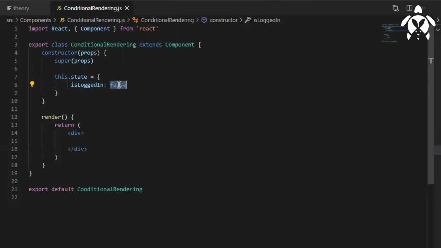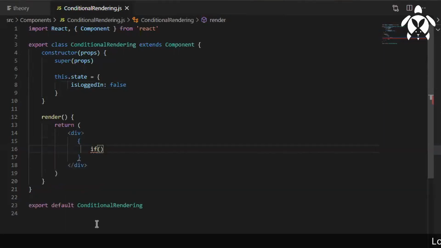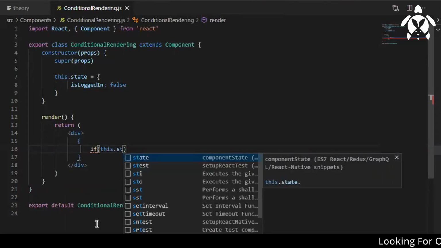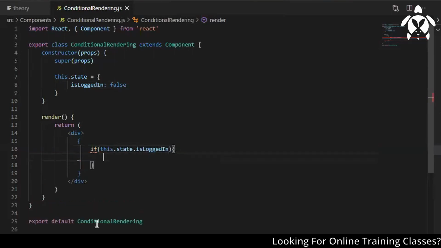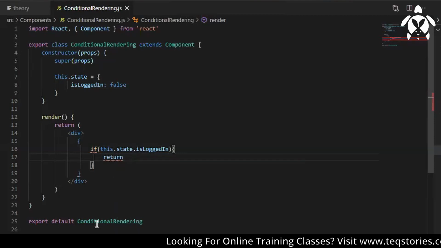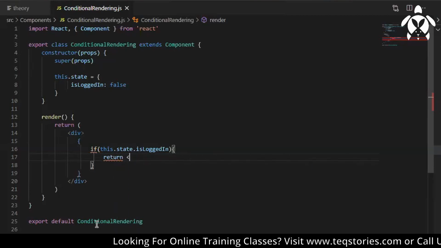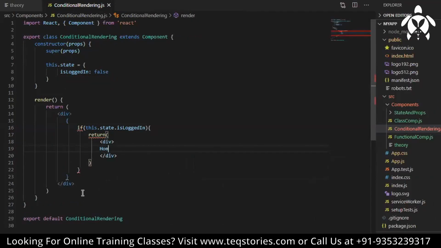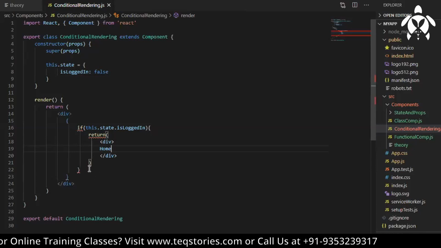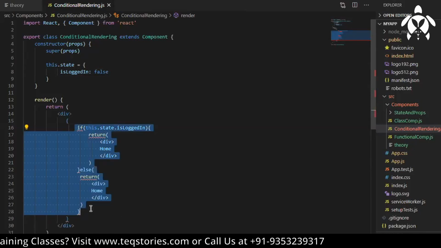Or hide some component, right? Hide and show kind of things. So can I write an if-else statement directly in this div? I'll say no, I can't write it. So I'll write this.state.isLoggedIn, and then you can return something if you want. Let's say I just want to return: if true, show that I am in the home component, else write it in the render, but not here.